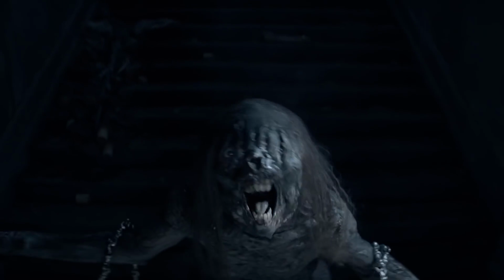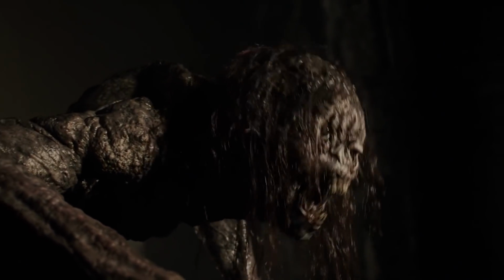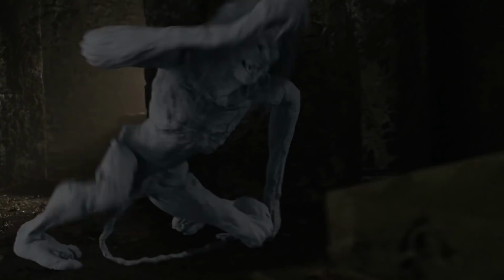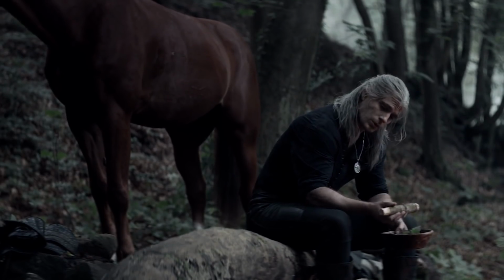But while prosthetics were used in the scene, Cinesite came in with the full-on VFX version of the Striga for the more tricky shots and ones that would be too dangerous to pull off practically. So they intercut the VFX version with the prosthetic one seamlessly. Also, quick fun fact, I'm not allowed to say Geralt of Rivia anymore, the Striga was actually played by Night